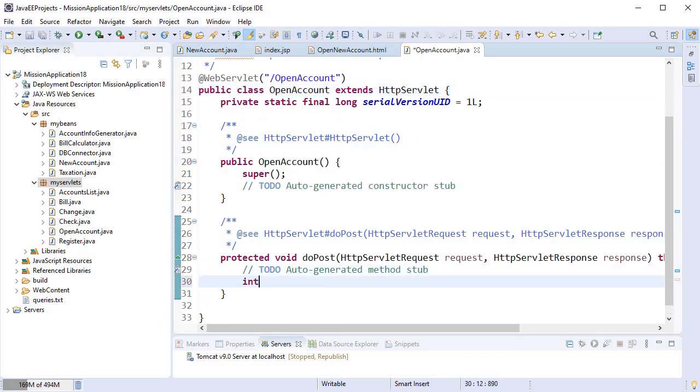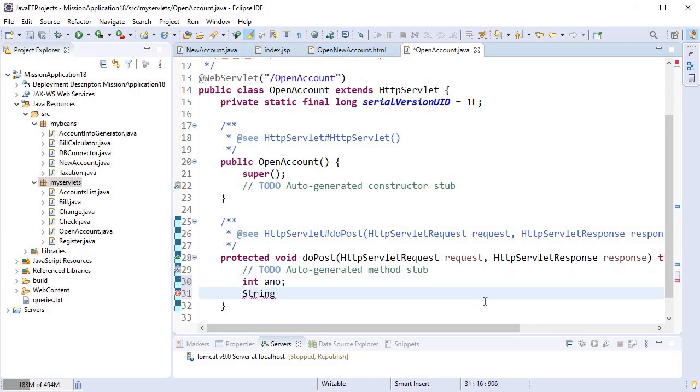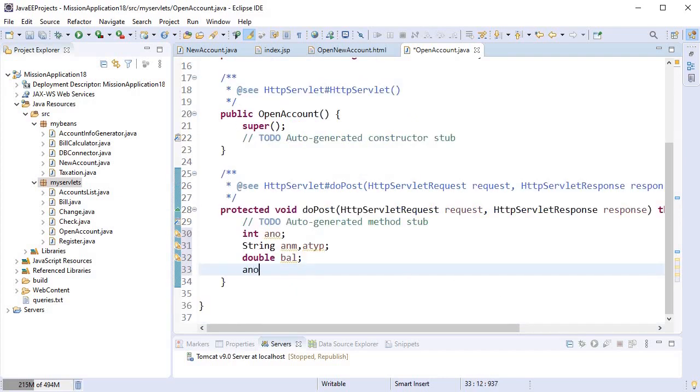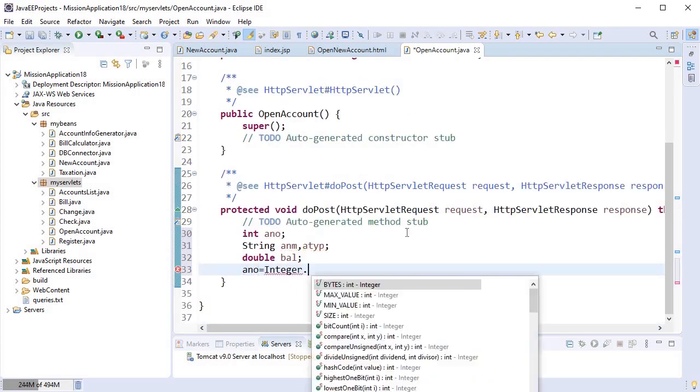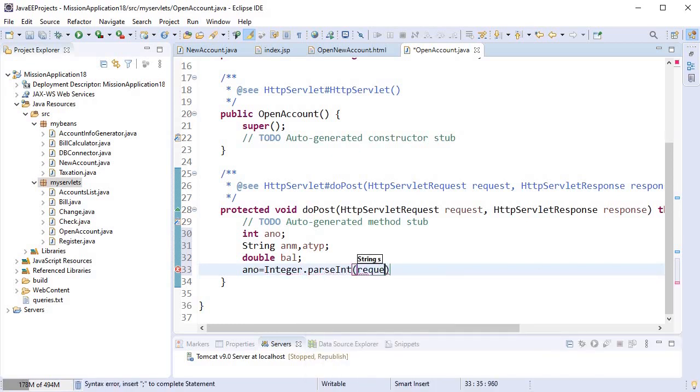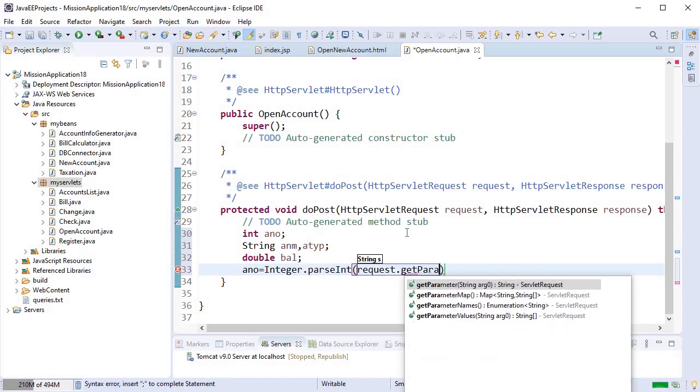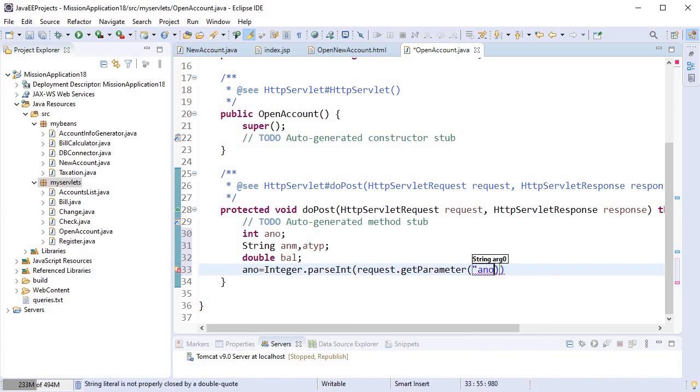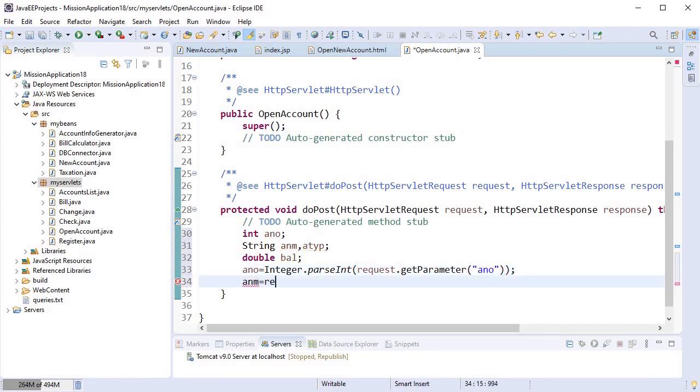The first job we'll have to do is to receive data coming in from the HTML form. So create a few variables to receive data from the HTML form. The data type of these variables should be selected appropriately so that we can pass this data to the bean and the bean can insert it into the database. So integer type ANO, ANM and ATYP string type, and BAL of double type, and receive the data with the help of request.getParameter